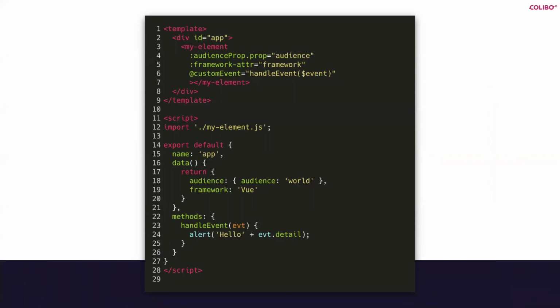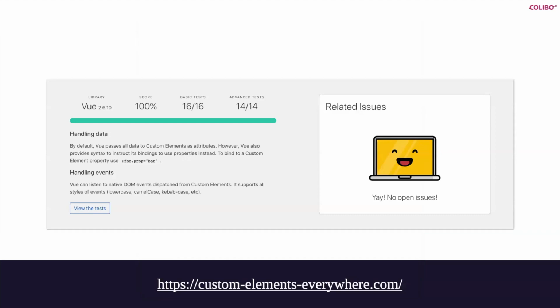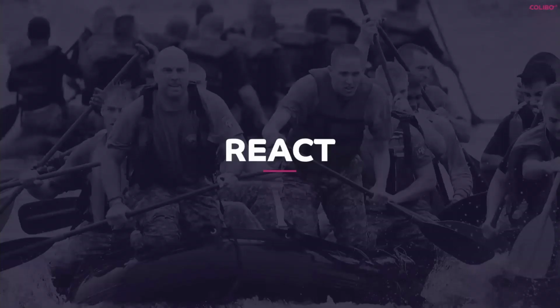We use the colon syntax to do a binding, and by default it's an attribute binding, and then we can use the suffix of .prop to actually bind to a property. But it's the other way around. It's the same thing, just with a slightly different syntax. And for events, we use the @ sign in front of the event name, but more or less the rest of it is the same. And for Vue, all the tests pass as well, and we're at 100%.